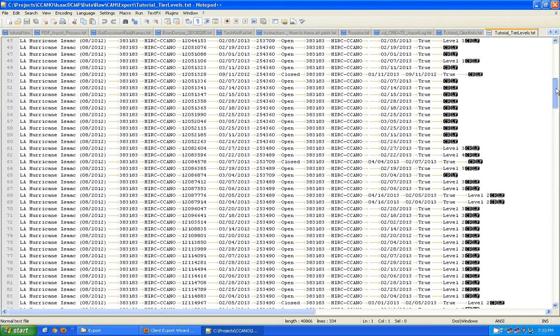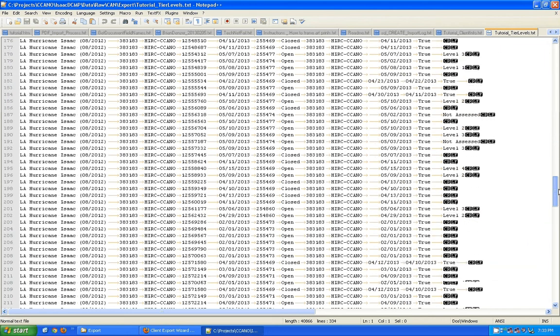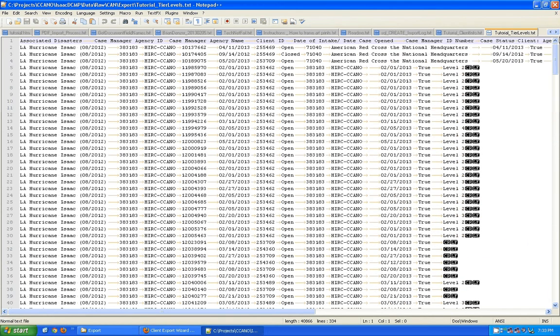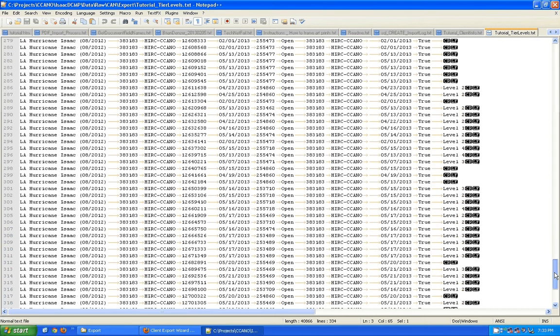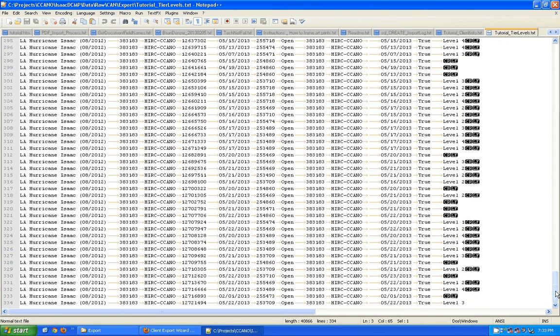Just here in Notepad++, I like using Notepad++. It's a really powerful text editor. You're probably not going to want to see it in this fashion, but I'm just opening it up to show you that, in fact, Notepad++ is telling me that the columns, the fields, are delimited by a tab. That arrow is actually the symbol for a tab in